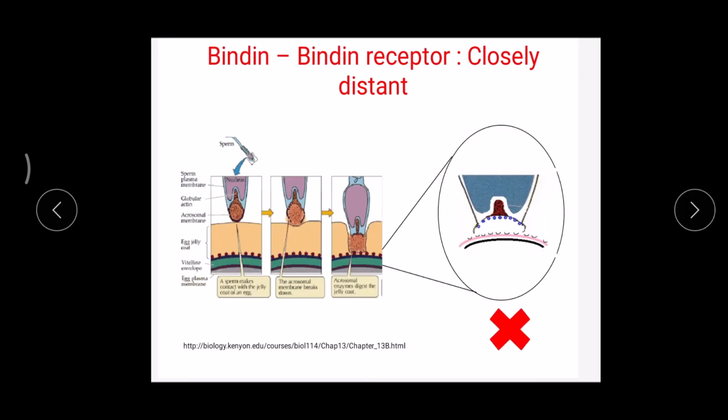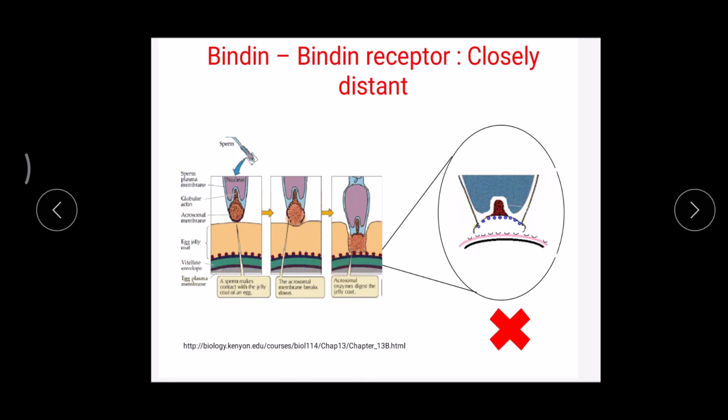So once the acrosomal membrane fuses, its content comes out, and that literally makes a path. How do they make the path? These are the lytic enzymes, and this jelly is made up of proteins, and these lytic enzymes are proteases, meaning protein-degrading enzymes. So they degrade this egg jelly and make a path. Once they make a path, the spermatozoa come near this